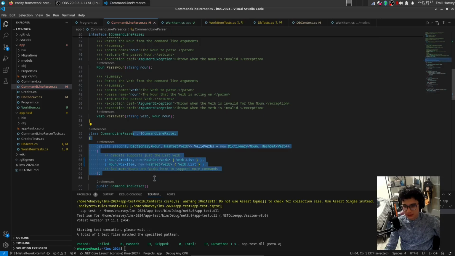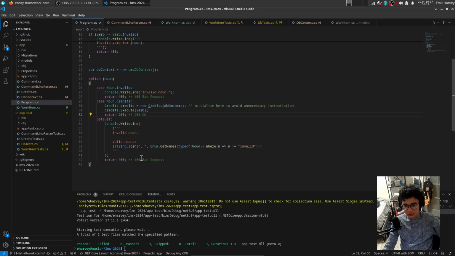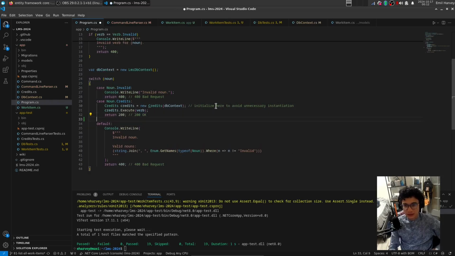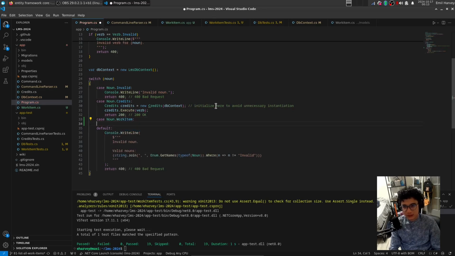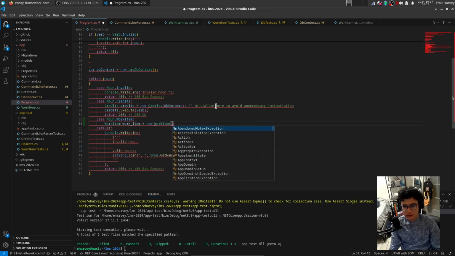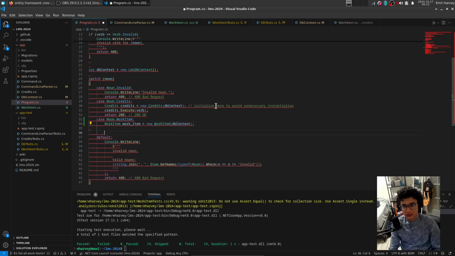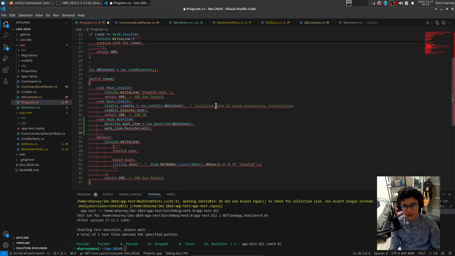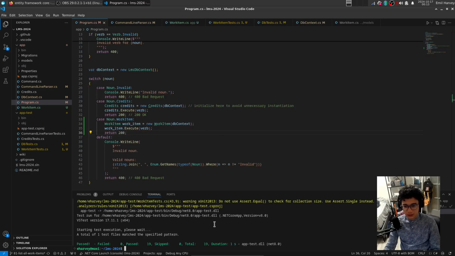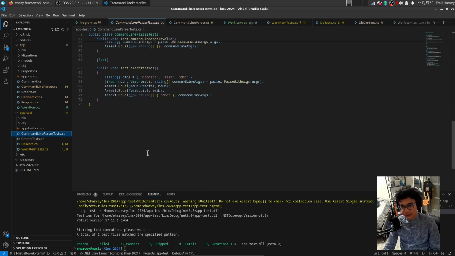So basically this says blah, blah, blah. And now down here, we can say that there's a new case for the work item. We initialize the work item. Give it the DB context. Cool. And just for completeness' sake, we'll add some tests to the